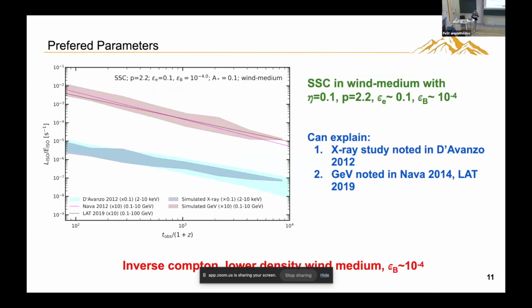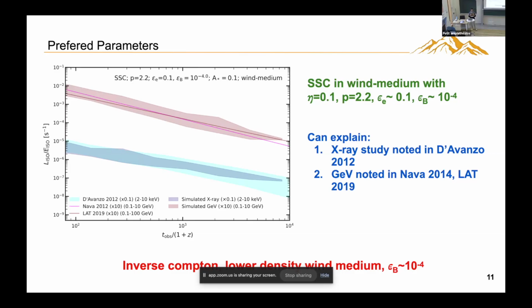Since we have to start with these microphysical parameters, there have been previous independent studies done in the X-ray and even in the high energy gamma rays, where they show there should be a clustering of light curve data points in the observer frame of those GRBs. Some correlation exists. The sky blue one corresponds to D'Avanzo 2012, where they show that in the X-ray energy range there is a clustering of light curves. Similarly, in the high energy gamma rays too, represented by the magenta and pink lines. These are the correlations which have existed before.